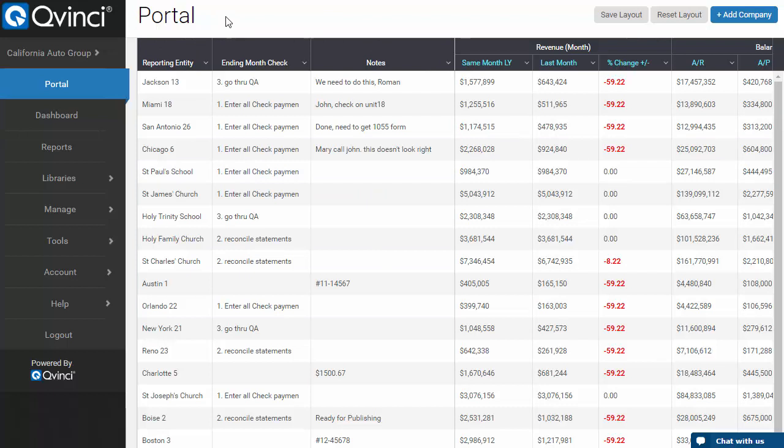And what the portal allows you and your staff to do is look at these remote entities. This is like a QuickBooks file, if you will, or a financial file. When you have this solution, we're syncing the data automatically from all the locations every day, overnight. You specify what the name of this entity is, and you can see I've got Holy Family Church here, or Austin 1. It might be Unit 123, or it might be 123 Elm Street.